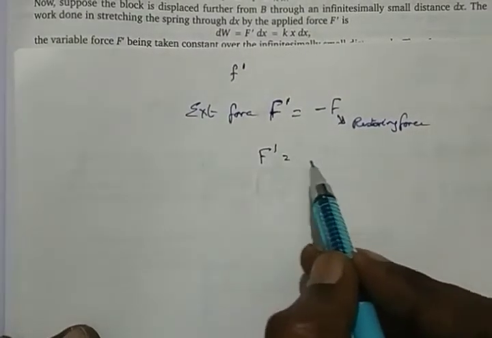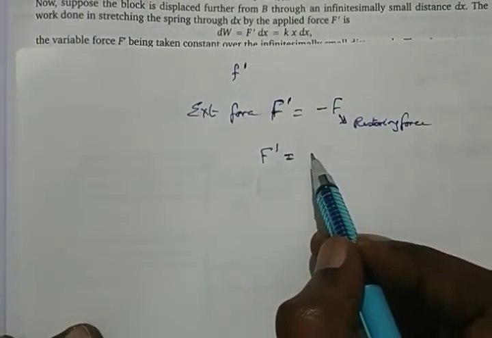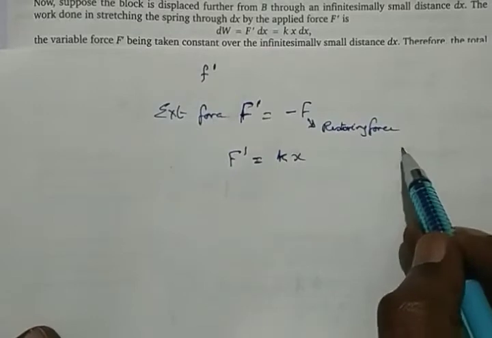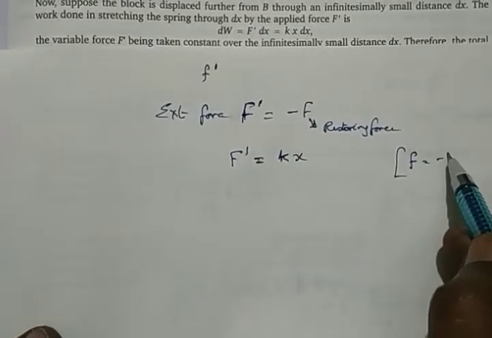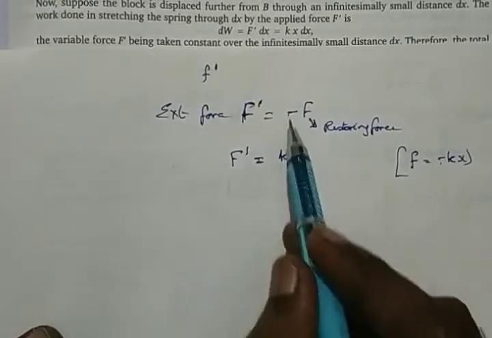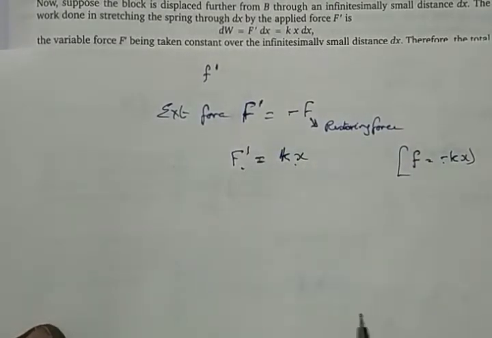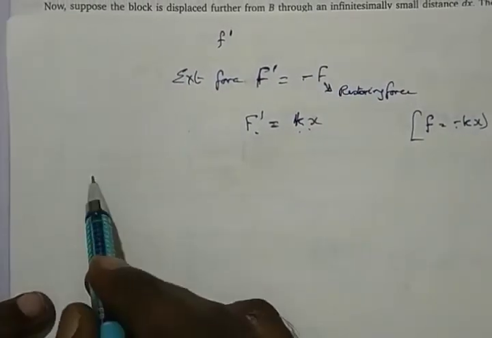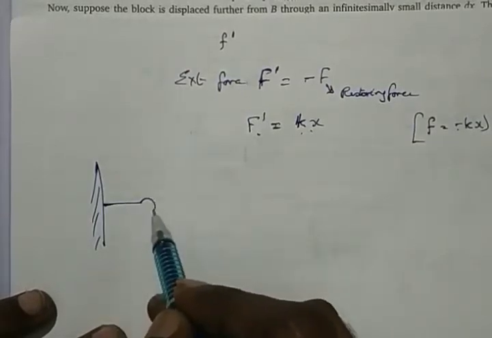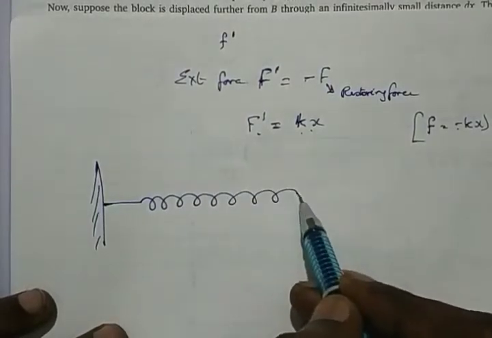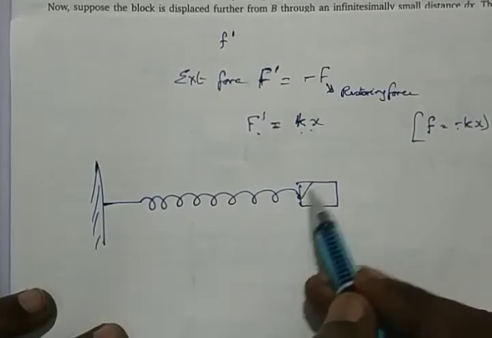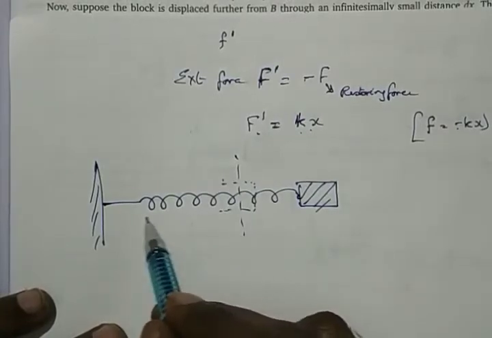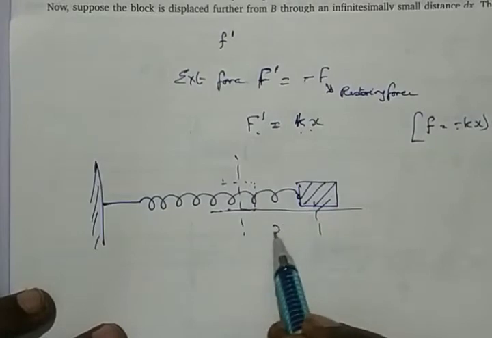So the external force is going to be equal to kx. Why is there no minus sign on kx? Because the restoring force is equal to minus kx. So minus of minus, the external force is going to be equal to k into x. What is k? Spring constant. Now, this body has been expanded and is away from the mean position. Earlier the body was here and it has gone to this position, at a distance of x.